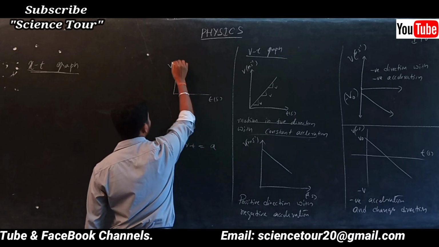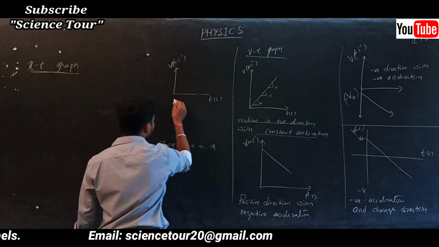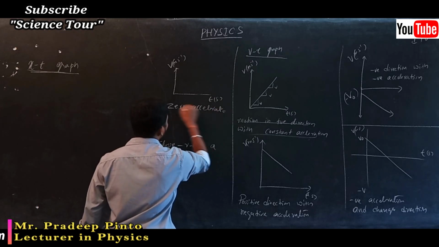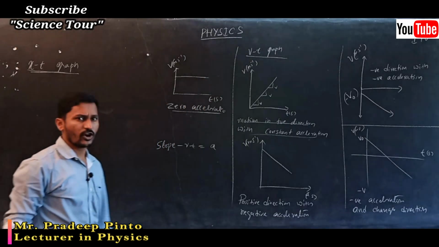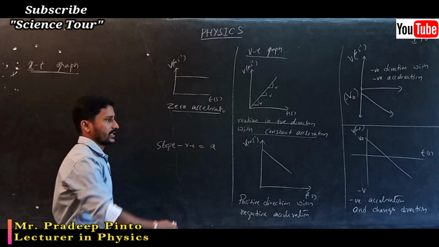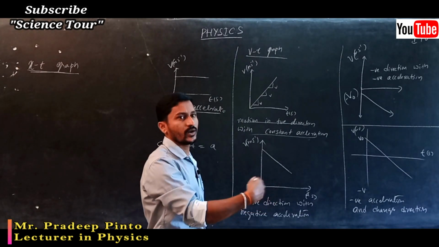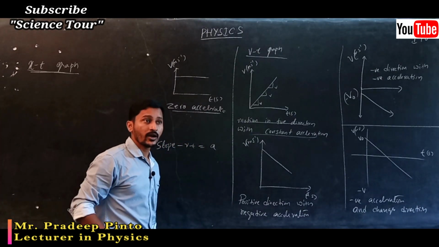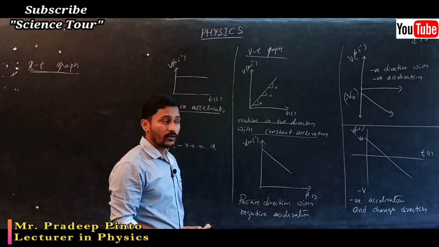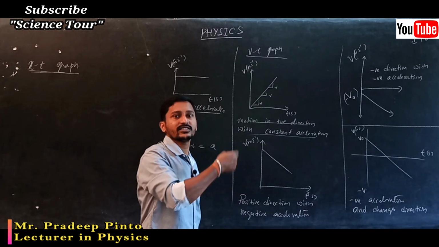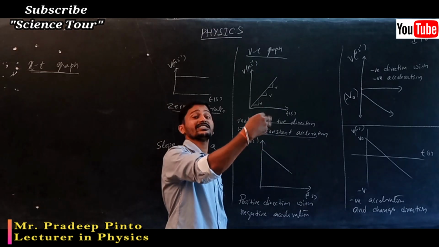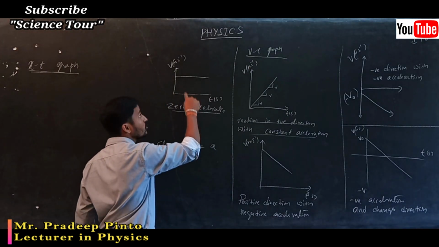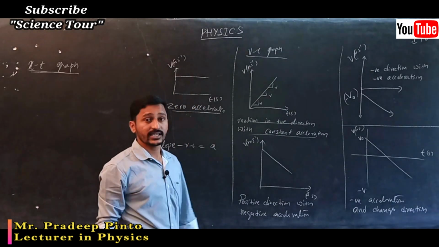Constant velocity means zero acceleration, I can also write it down. Velocity time, in meters per second. If an object is moving with zero acceleration, it is moving with constant velocity. Constant velocity means 1 meter per second, 1 meter per second, like that. Velocity will be constant, but there is no acceleration. Acceleration means, for 1 second it is a little less, for the next second a little more, again a little more. Velocity is going to increase, that is accelerating, that is acceleration. Here there is no acceleration, so the velocity time graph for zero acceleration is this.